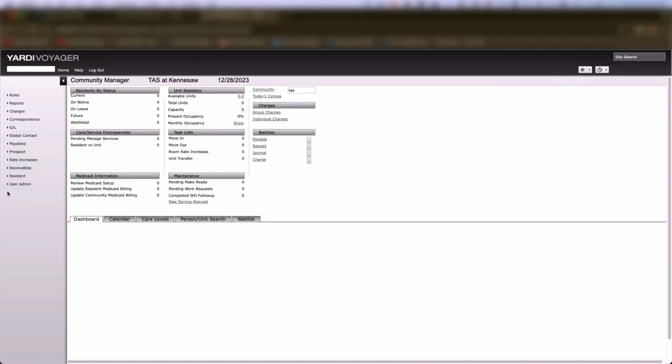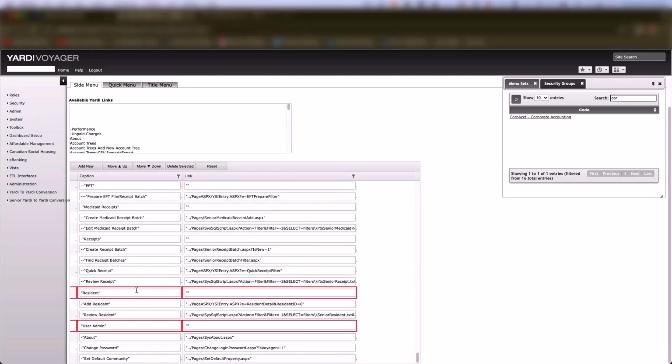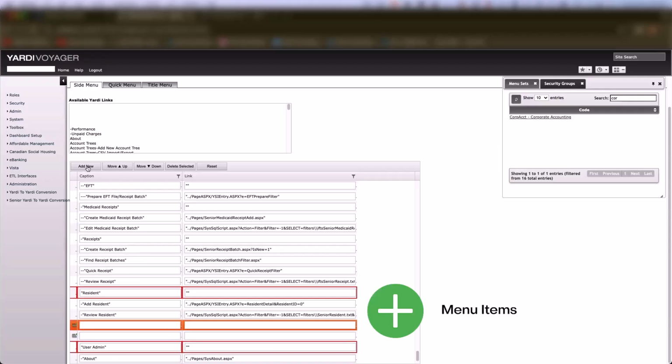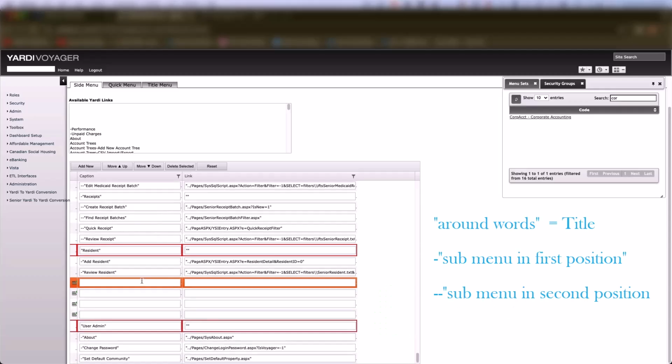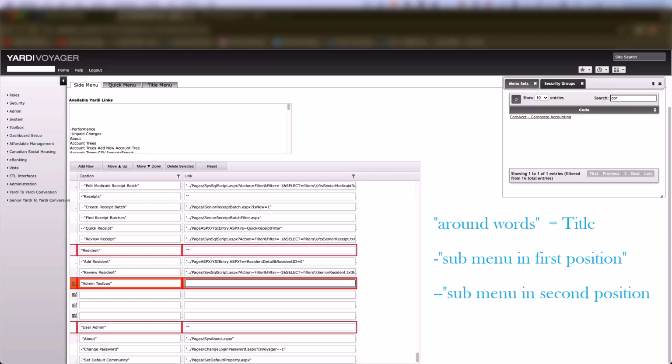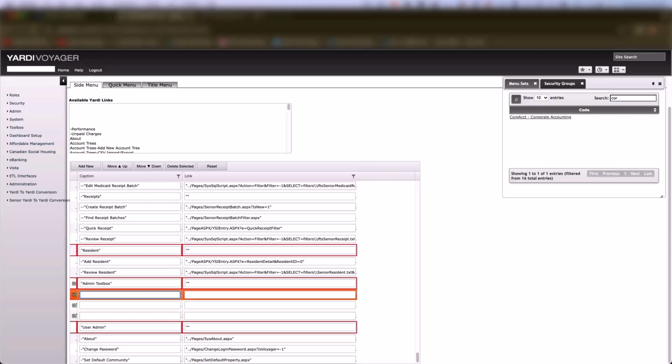All right, so I'm just going to do it at the bottom, so I can just go down here. Actually, I'm going to do it right under resident. So I'll click here, and then I'll just do add new, and I'm going to add a couple rows. The first thing I'm going to have is my title menu, so I'm going to do admin toolbox. Careful to put that in my quotations. Since that's just going to be my title menu, I'm going to put that there, and then I want to do also my unpost